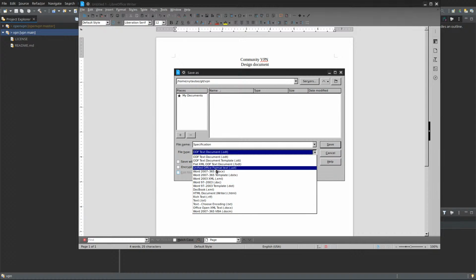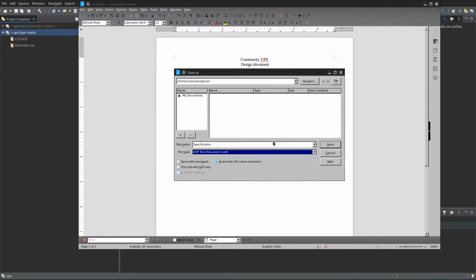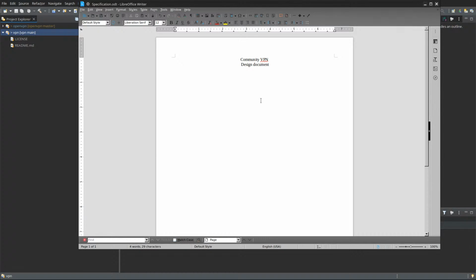DocX. Oh, 365 is the current one. Yeah, I don't really use Microsoft Office. I guess I'll stick with ODT because it won't rely on people having it.